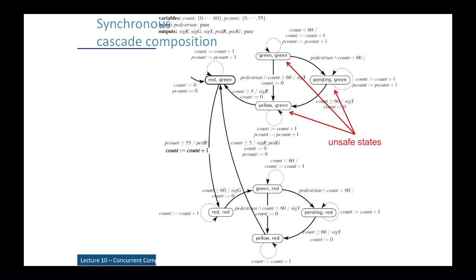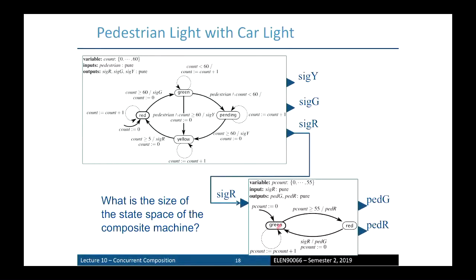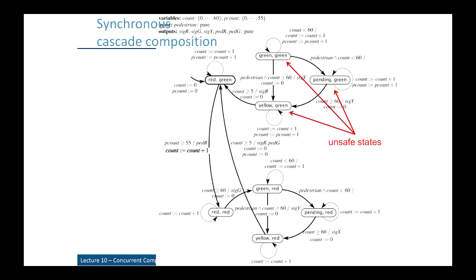So for instance, the only way to get out of this state is for P count, so we want to transition the pedestrian green to red. So what happens is green to red, and that doesn't cause a transition on a reaction on the traffic side of things. It becomes red, red